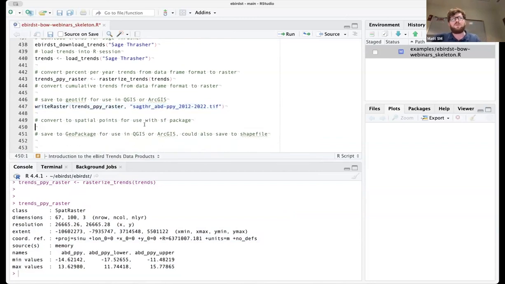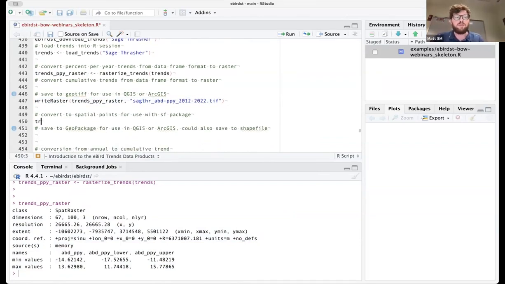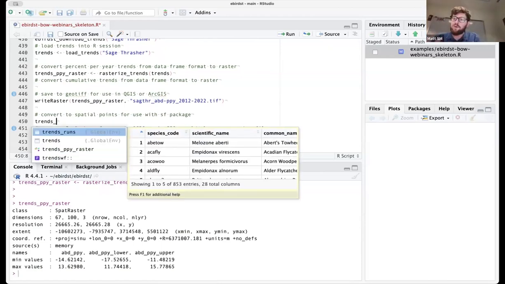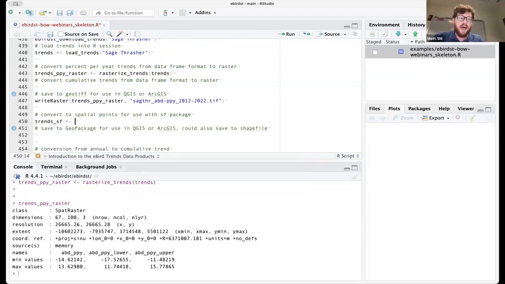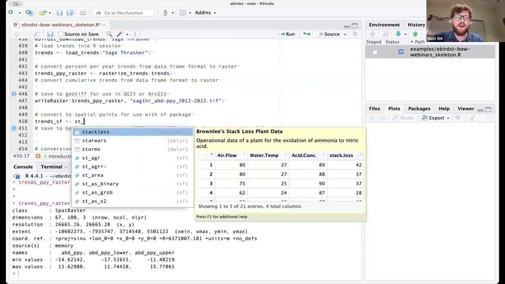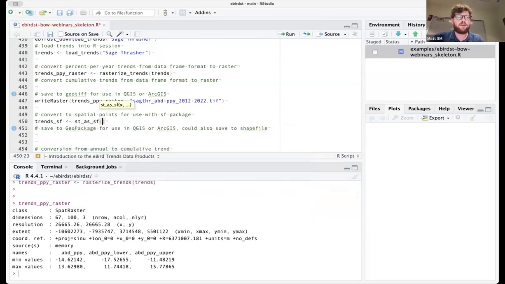The other way you could convert this to a spatial data set is converting it, rather than to a raster, to a set of points defined at the centers of the raster cells. So to do that, I'm going to use functions from the sf package. I'm going to convert it to an sf object.